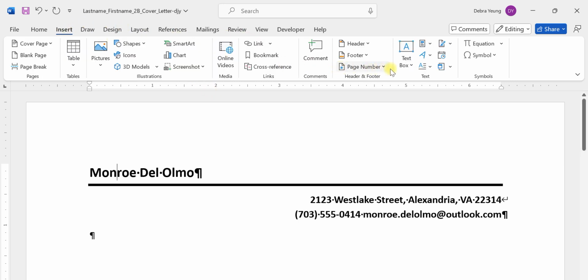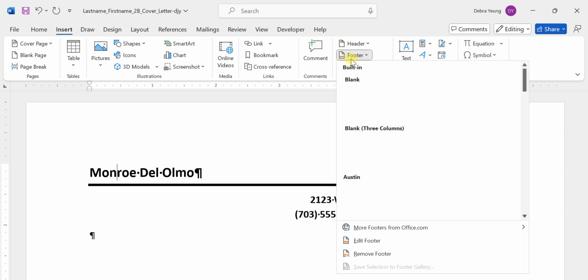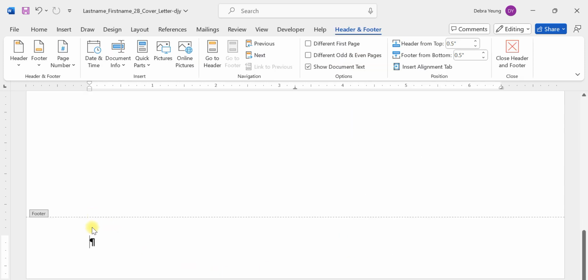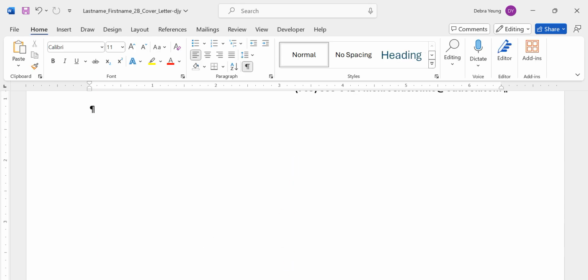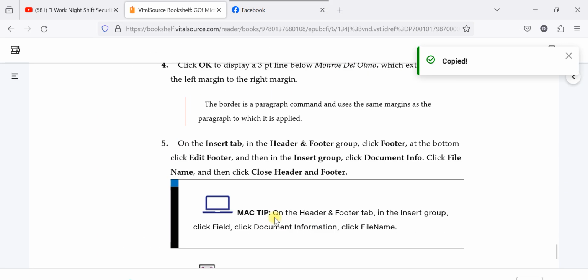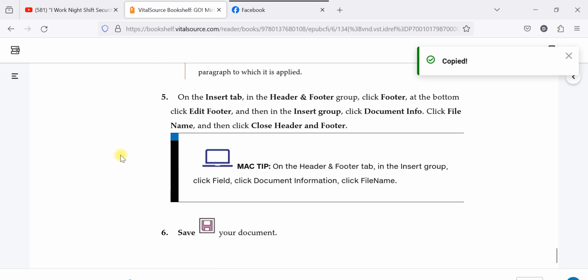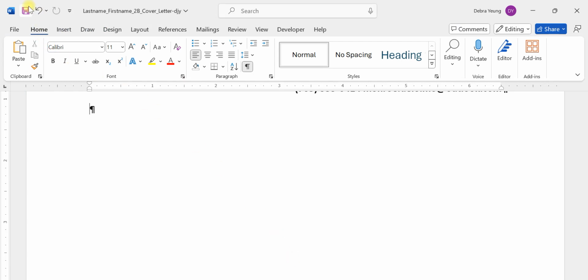Insert, Header, Footer, go to Footer, go down to Edit Footer, Insert Group, Document Info, and File Name. Double click outside. There we go. We've got that done. That's 1, 2, 3, 4, and 5. A bit painful, granted, but hey, what can you do? Do a quick save and